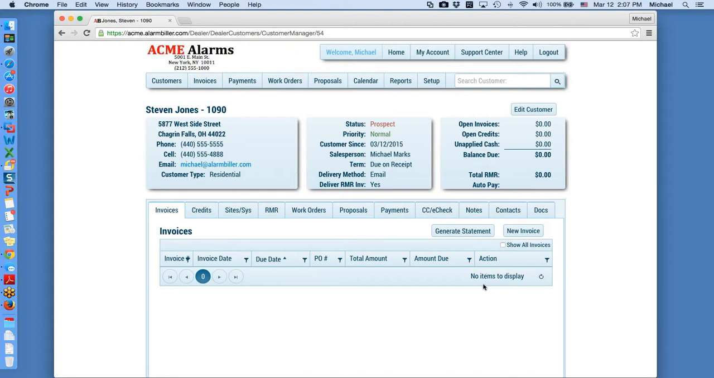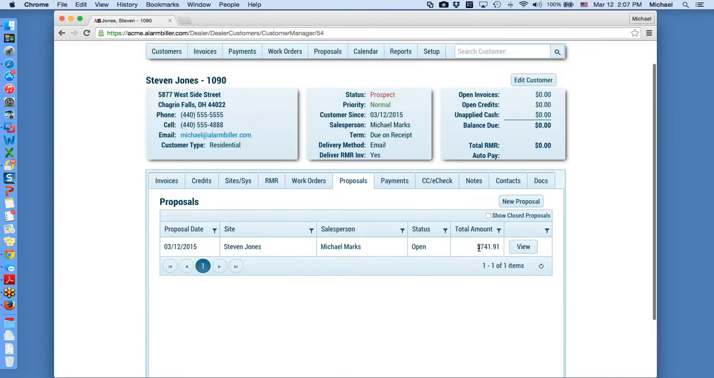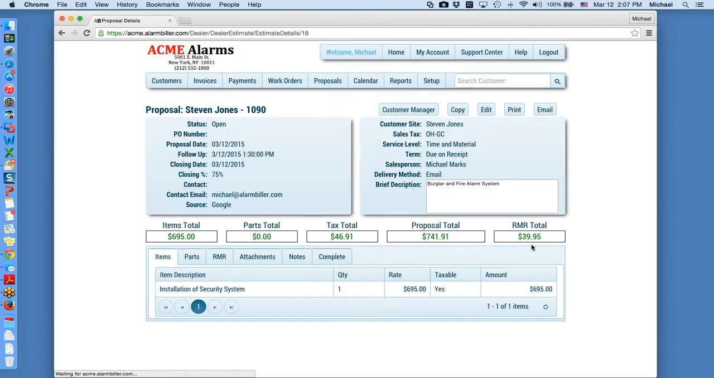And you'll notice there's really not a lot of data in here yet because I haven't really done anything. The only thing I've done is if I come over here to my proposals, you'll notice that I have an open proposal for this customer. And let's click on View to view that proposal. So what I did is I quickly created a proposal right before the webinar just to save a little bit of time. And what I did is I put in here that I'm going to quote them for the